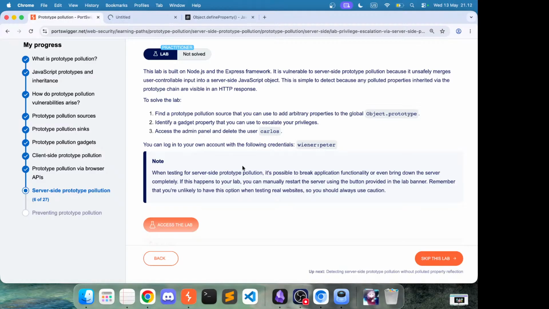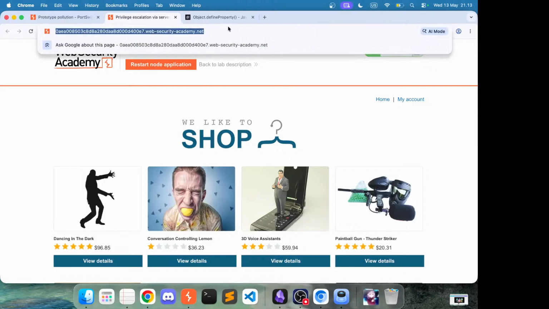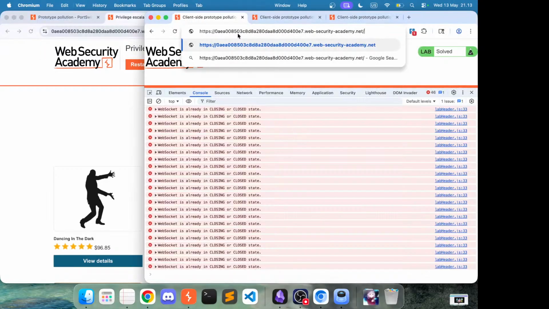If this happens to your lab, you can manually restart the server using the button provided in the lab banner. Remember that you are unlikely to have this option when testing real websites, so you should always use caution, okay? So let's move to our